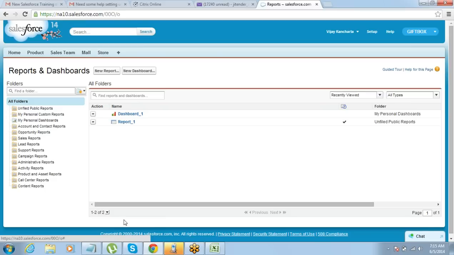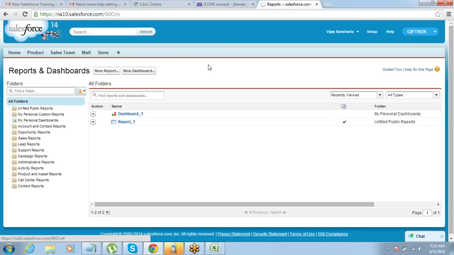Now your second question was that you need to decide which is parent and which is child, and then design the report type. That's correct. While creating the record, you will know which is the parent and which is the child. While creating the report type, you need to understand which is the parent and which is the child, and select the parent as the primary object. Okay.